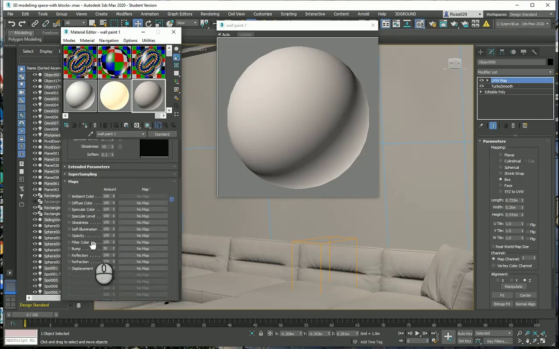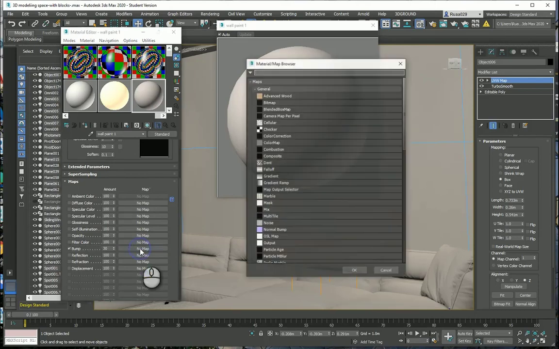So for now I would go to the bump, check on the bump, and add a photo. Basically, if I add a photo into the bump, it would only have the texture of the photo that I have used. It will not get the color of the photo. So let's see together. When I click on the mapping into the bump,